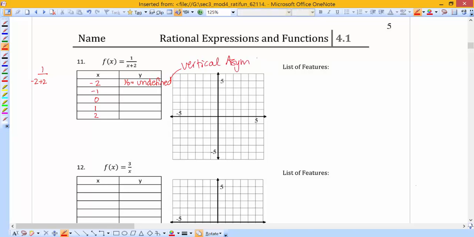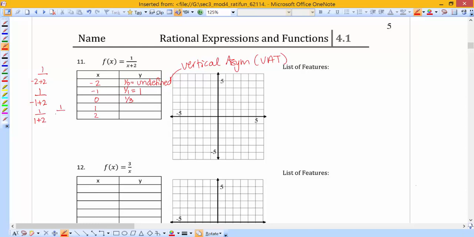And don't forget we call those VAs. So my vertical asymptote will be -2. When I plug in -1, that's 1 over 1, which is 1. When I plug in 0, please make sure you do show the work and try not to get stuck on the mental math part, please. That's 1/3. When I plug in 1,